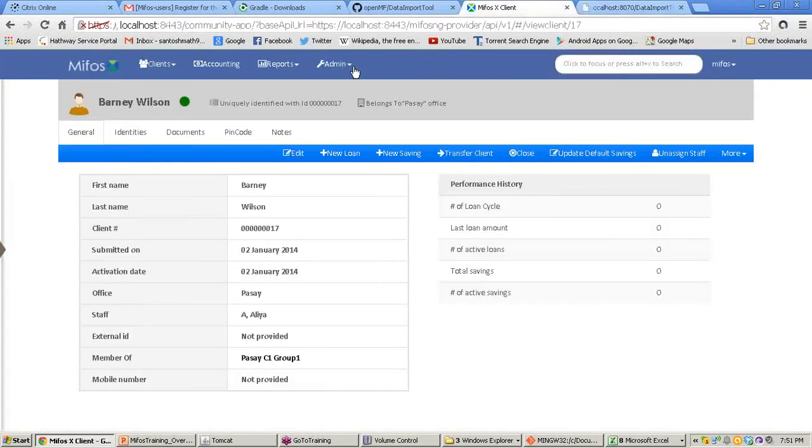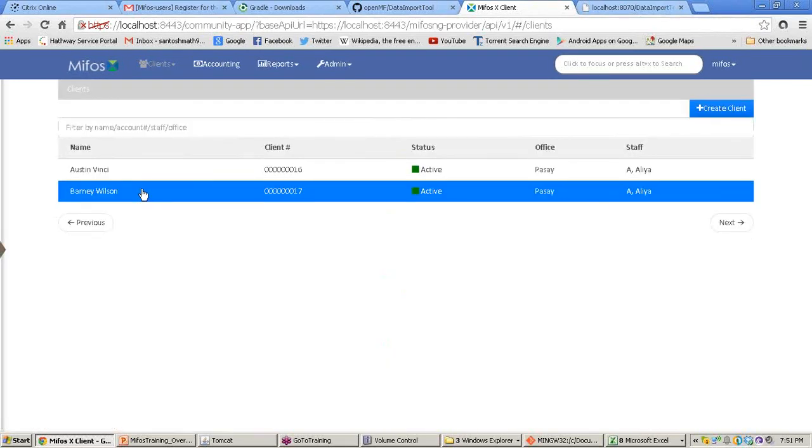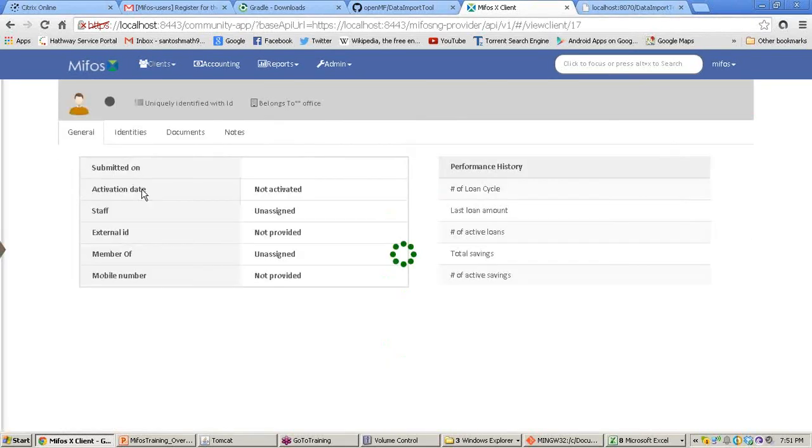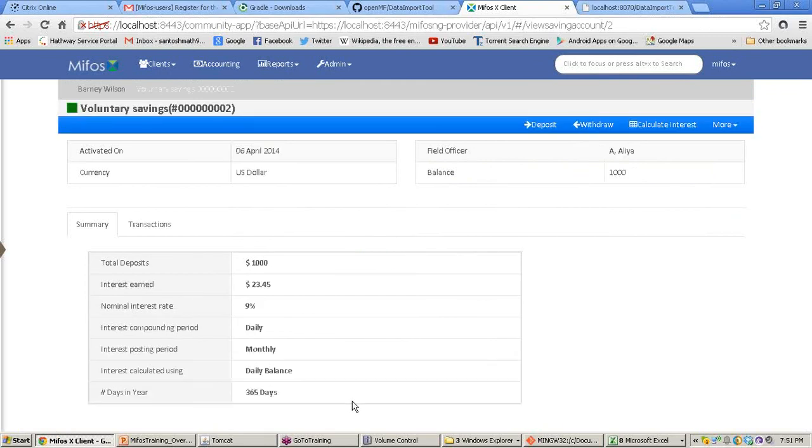Now again we'll check it for that specific client. The page needs to be refreshed. That is, I think, Barney Wilson. Yeah, here you can see that a savings account is created for that person. You can remember that 6th April is the activated date.